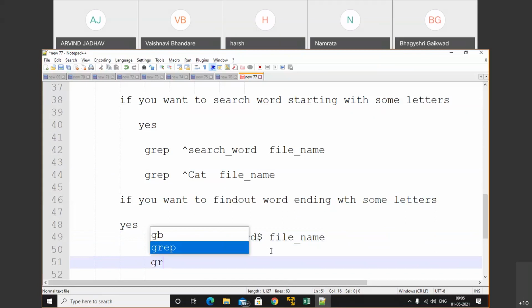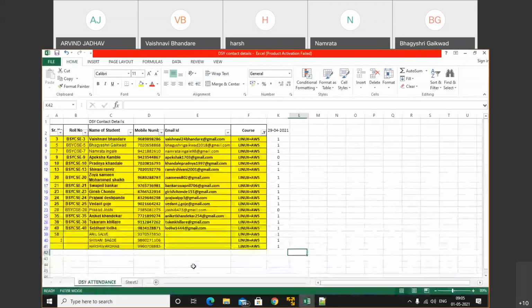For example, how will we do that? Grep, for example, cat dollar, and the file. It can easily find words ending with cat. Starting can be anything, but the ending must be cat. So let's do that.